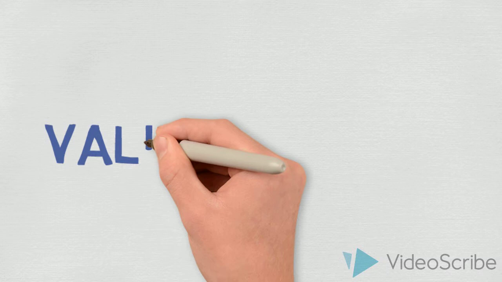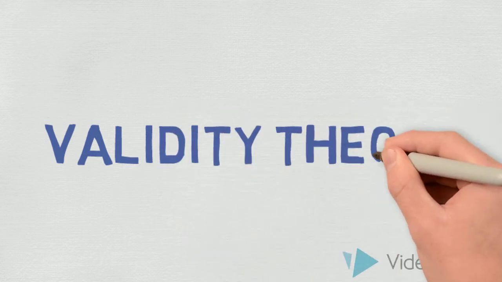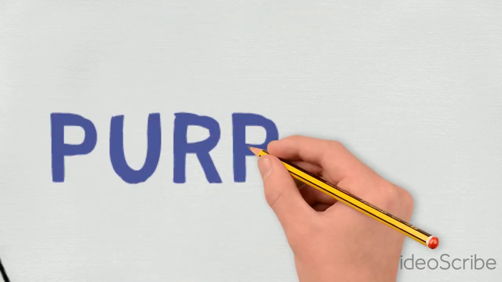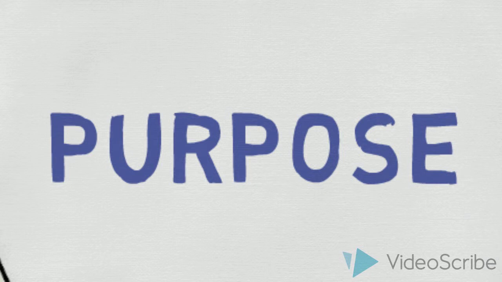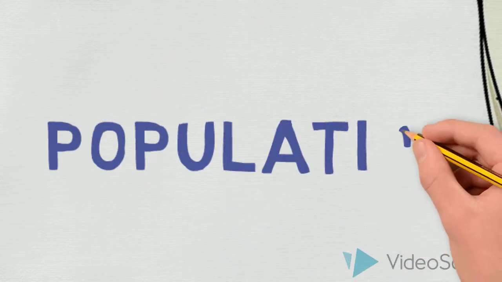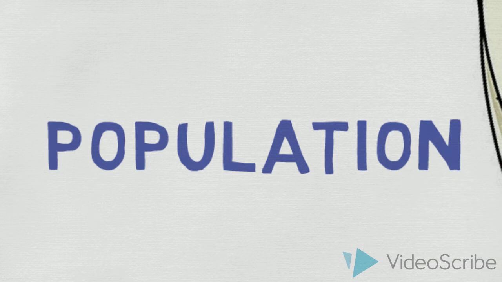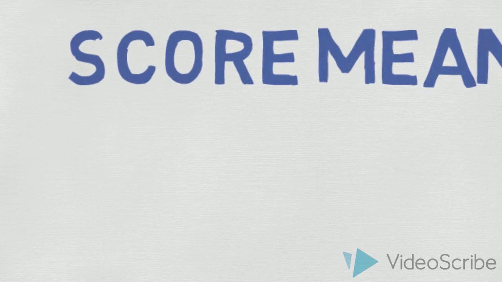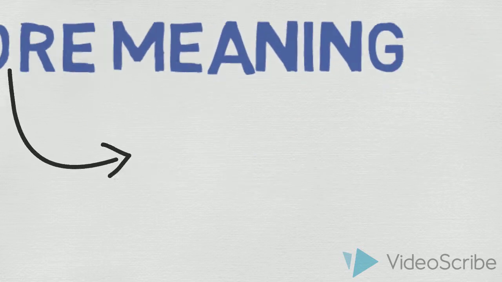In this section, Fulcher and Davidson start mentioning how validity theory presented in the previous unit has grown out from large-scale test assessment. They claim that to provide tests, it is necessary to study the purpose, the population, and to investigate the extent to which a score meaning can be generalized.